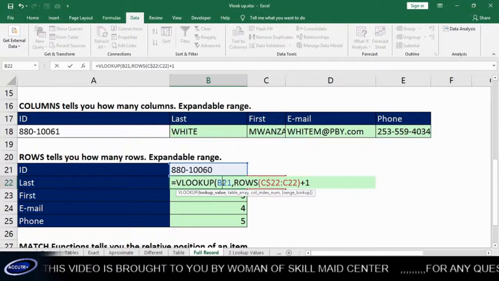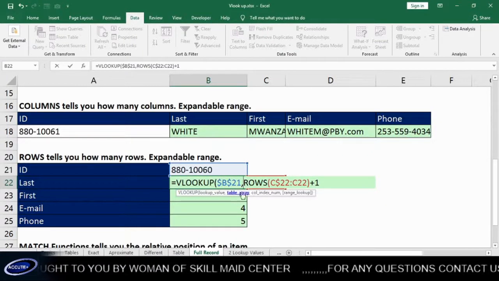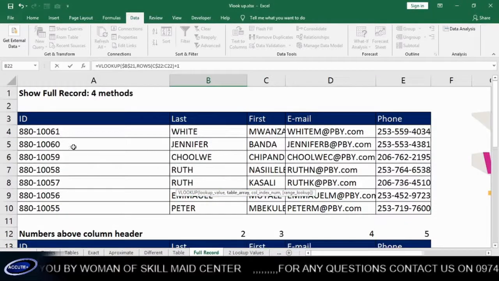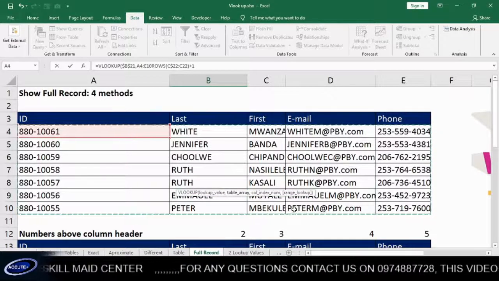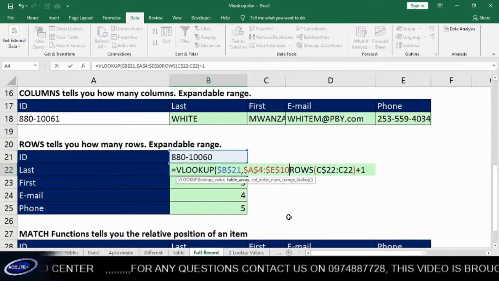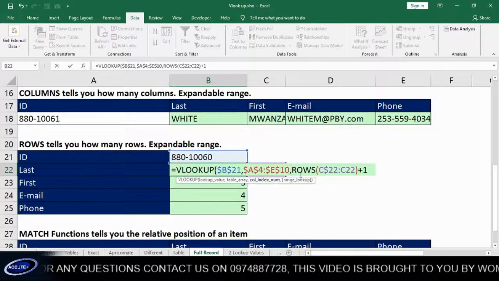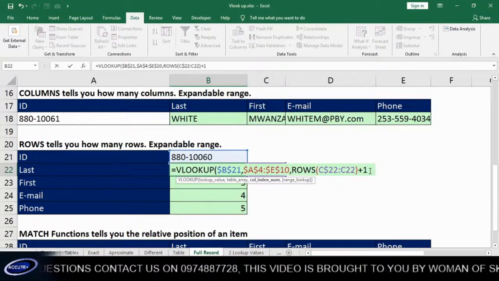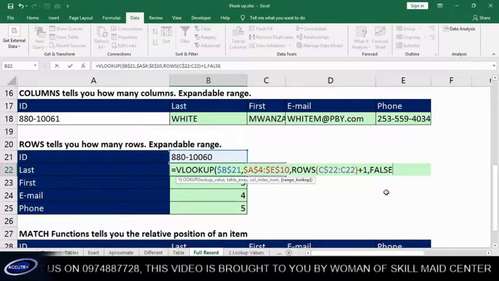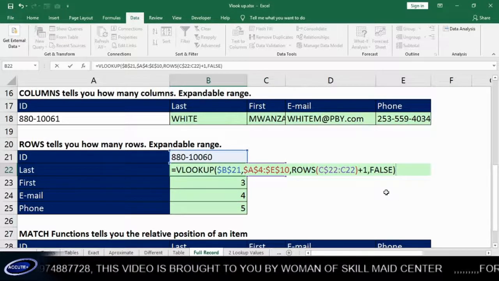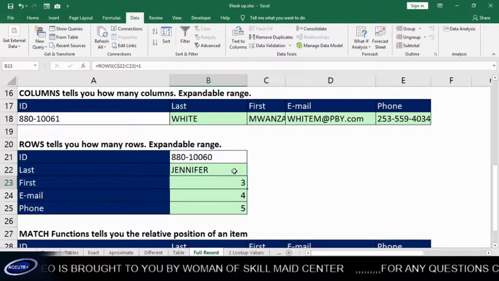So now my lookup value has to be locked, so I press F4. Alright, then my table array, just scroll back up, highlight my table array. Okay, I lock it by pressing F4, comma, my index number is this rows, then comma, the type of match is an exact match, then I close. Okay, so now if I press enter and drag this down,